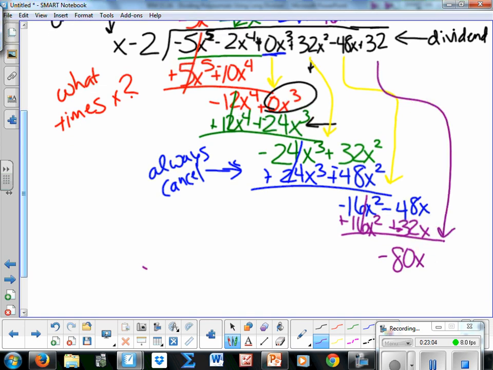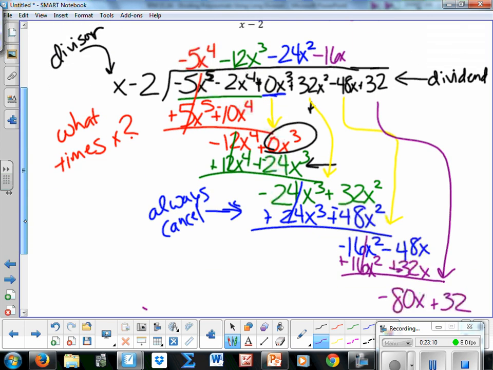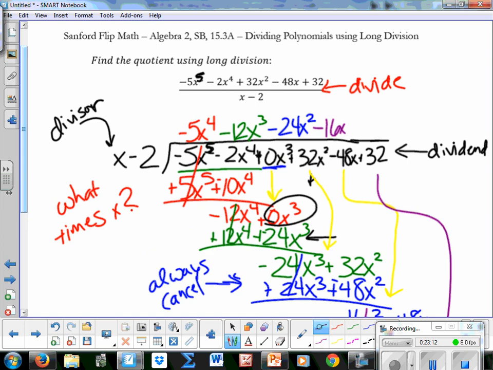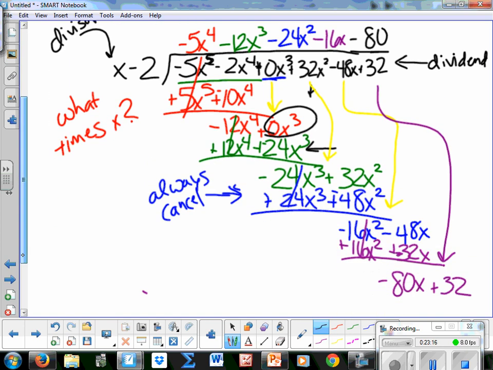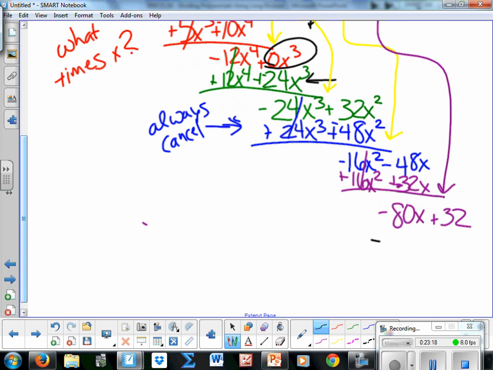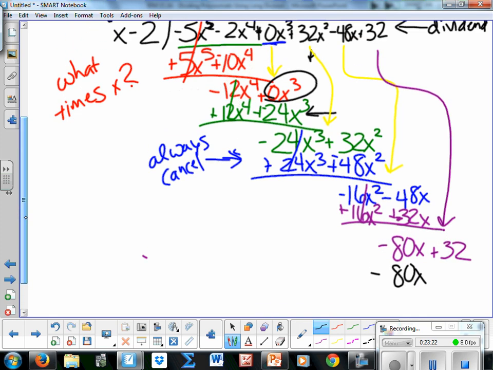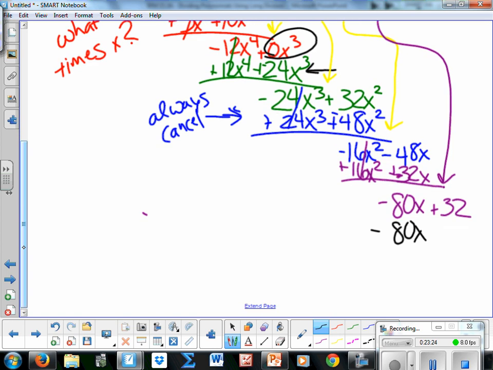So that is going to go here, our plus 32. So now we've got what times x gives us negative 80x? Well, in this case, we've got negative 80. That's all we've got. So negative 80 times x is negative 80x. Negative 80 times negative 2